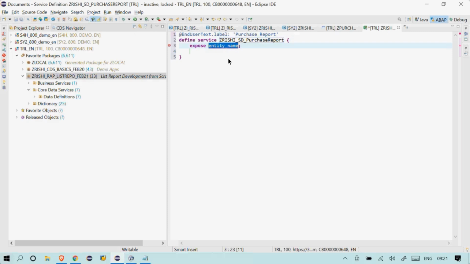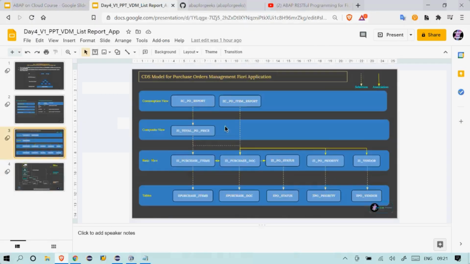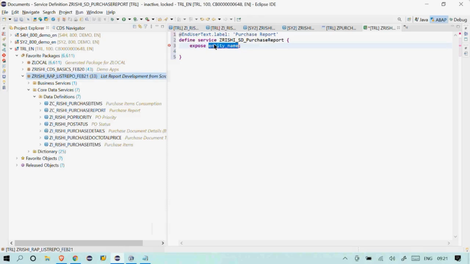If you observe here, it is just a defined service. We are defining a service, and this is the place where you need to tell what kind of entities, what data should be available via this service. Since we are using Core Data Services, the model that we have created so far, all the CDS views we want to expose to the users. It is compulsory for us to include everything in the service definition, or else it will give an error when you're consuming the service.